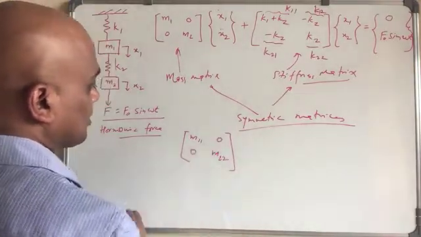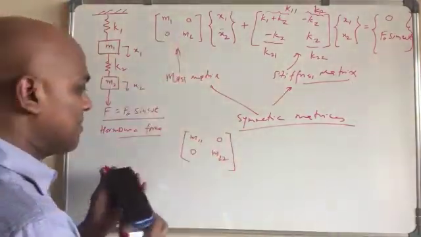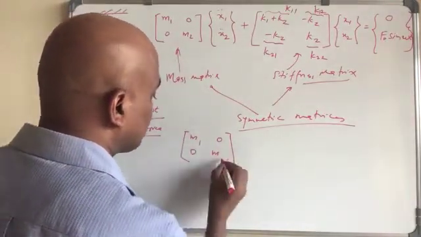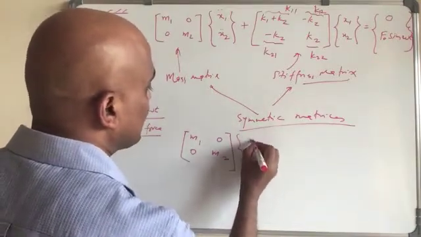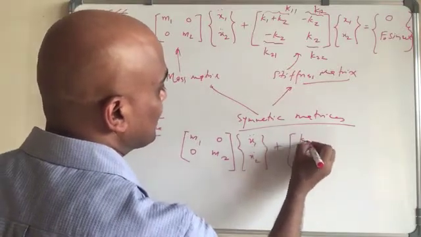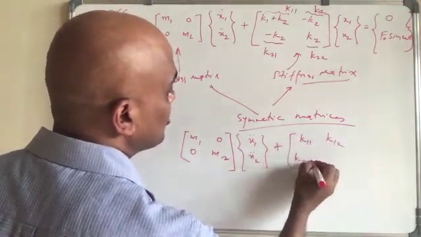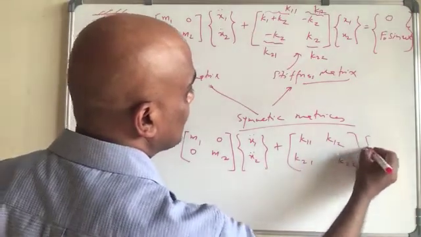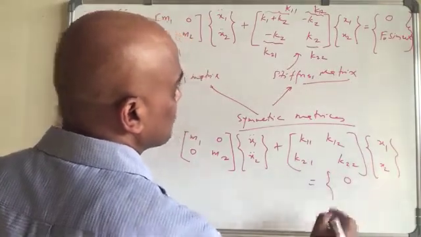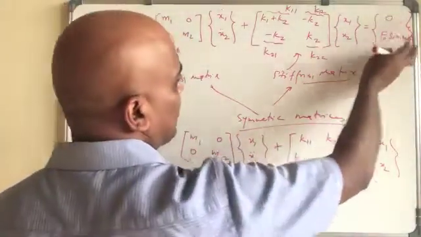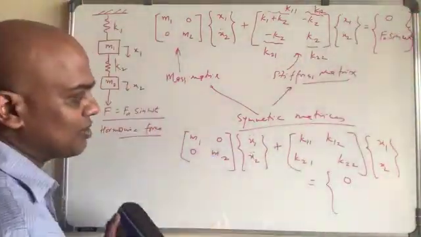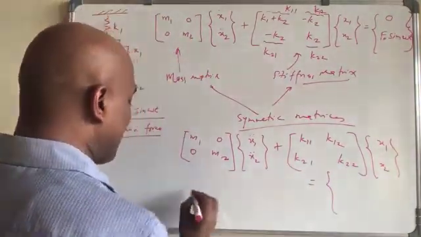In this case, even I can have just M1 only, right, M1 only and M2, okay, and then we have [x1 double dot; x2 double dot], and plus, here we write [k11 k12; k21 k22], okay, and then we have [x1; x2], and this is equal to the force vector. Instead of here, we can have the force here also, we can do that, right? So we are writing the general